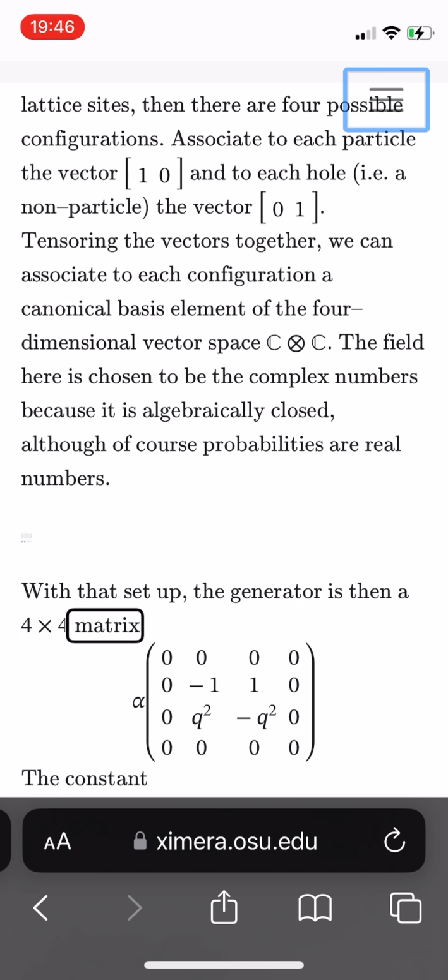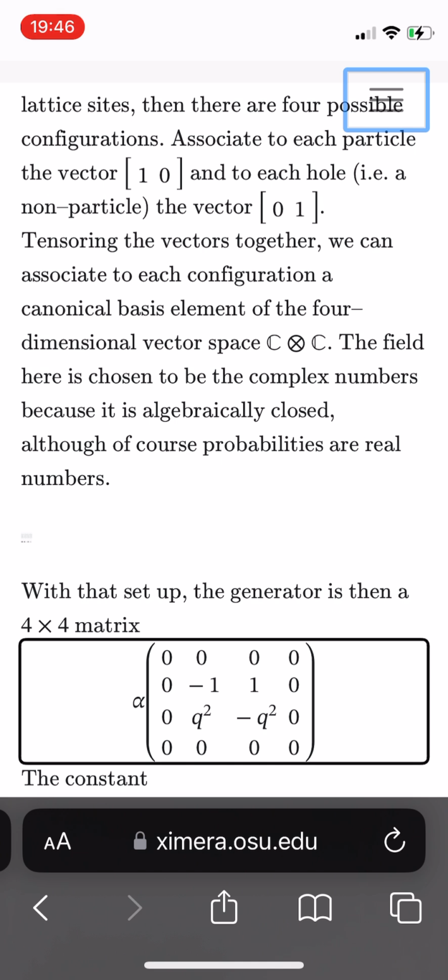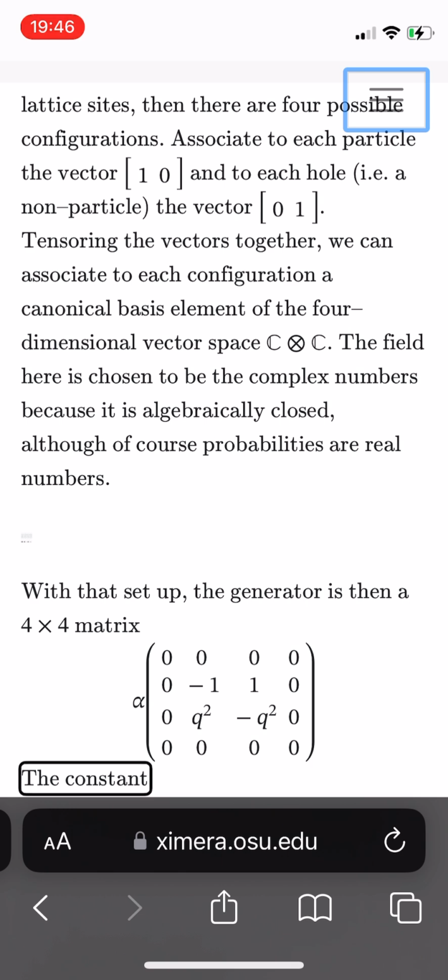The matrix has entries: row 1: 0, 0, 0, 0; row 2: 0, -1, 1, 0; row 3: 0, q squared, -q squared, 0; row 4: 0, 0, 0, 0. The constant alpha